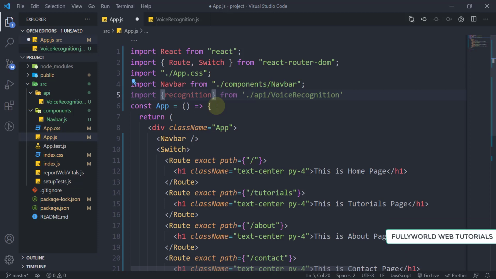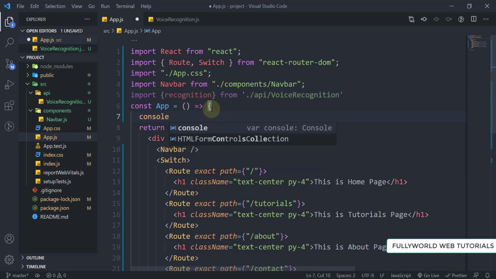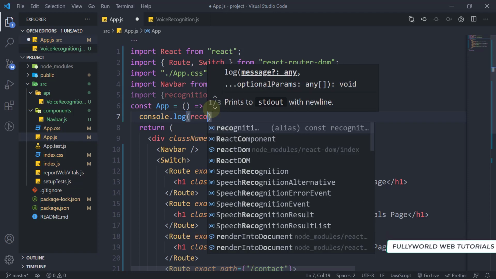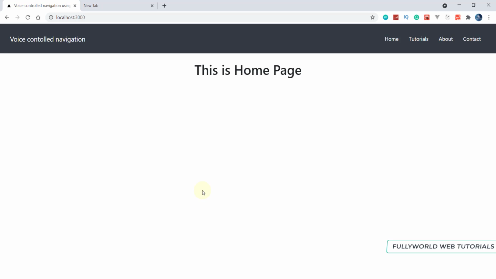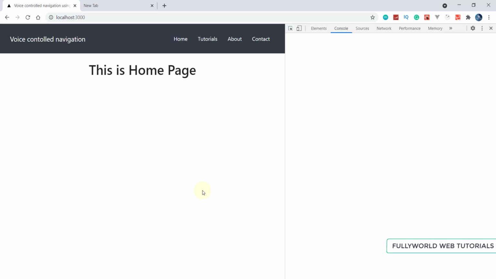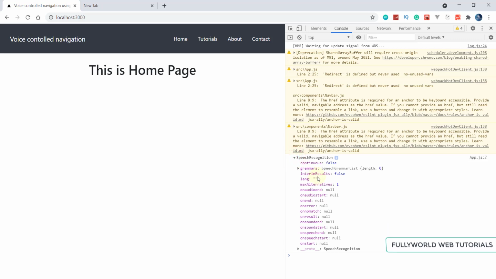And first of all, let's console.log our recognition to see what we are getting, if it is working or not, that we also have to check here. So see that we are getting one object and it has interimResults and many things, and onend. So we are going to use onend here.